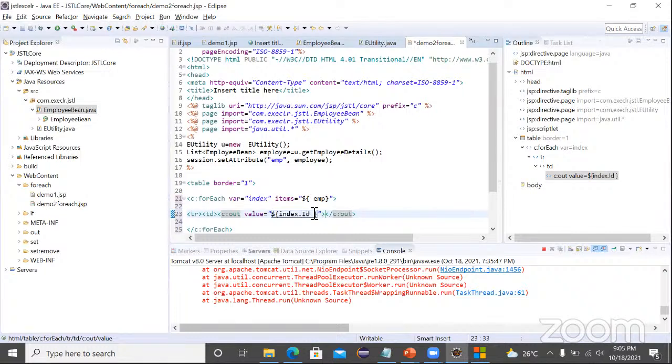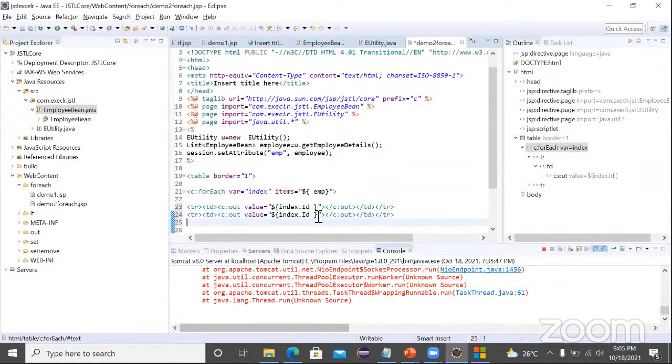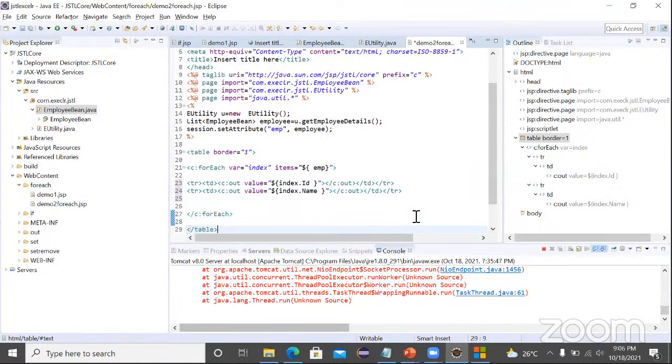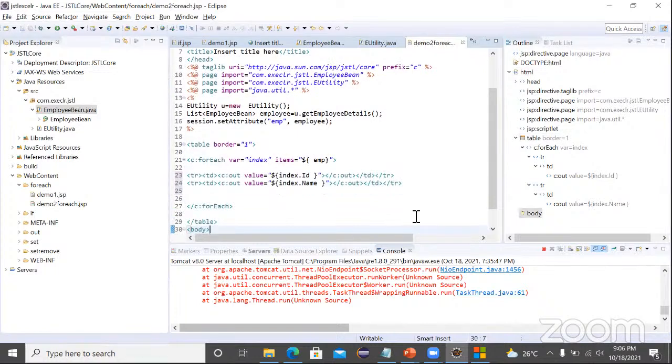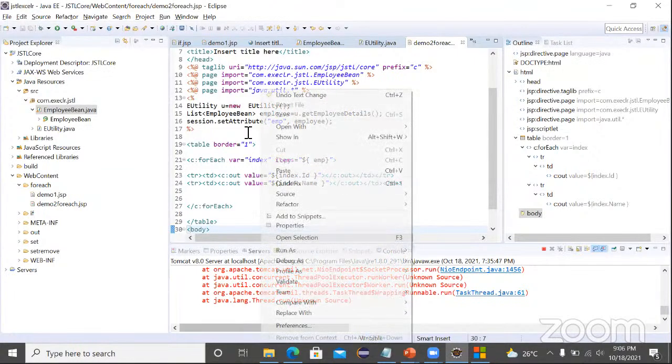And another one. Before that, let us close all td and tr, and I'll copy and paste the same. And here I'll change the name, that is name. Fine. So id and name. Now let us close forEach and table and write. Now let me run this, view part. Hope it should work. If errors,